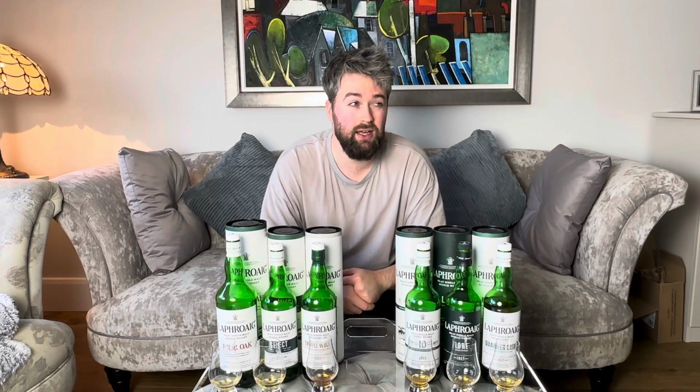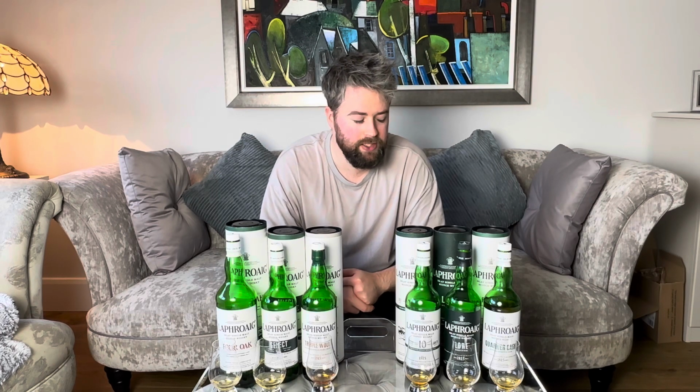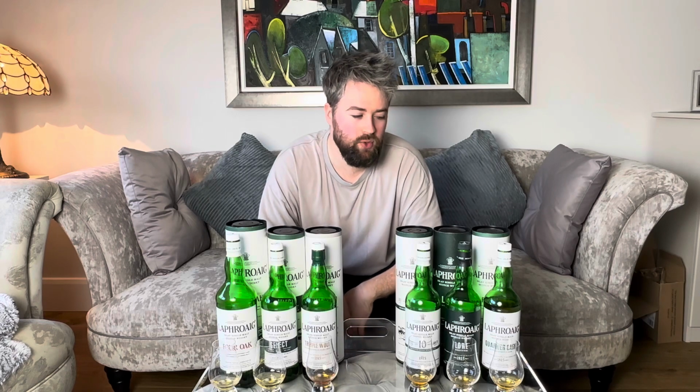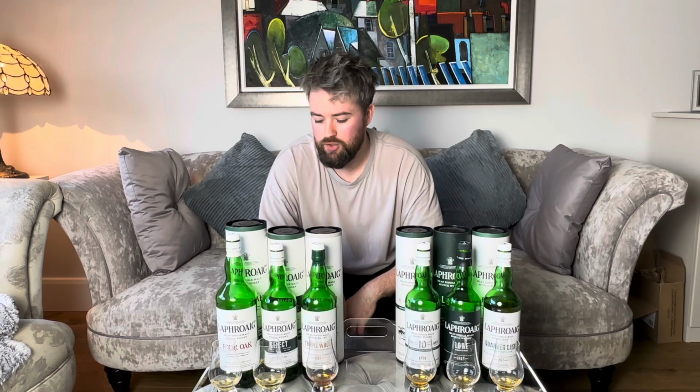The Law is £70 in the UK, with the quarter cask being around £40 on offer. It's had a little bit of a price increase from when I last bought these Laphroaigs, so I think I saw it for around £45 full price. The last quarter cask that I bought, this is actually a new one, the last one that I bought I got for £32 on offer. It's now £40 on offer, so they have crept up in price,